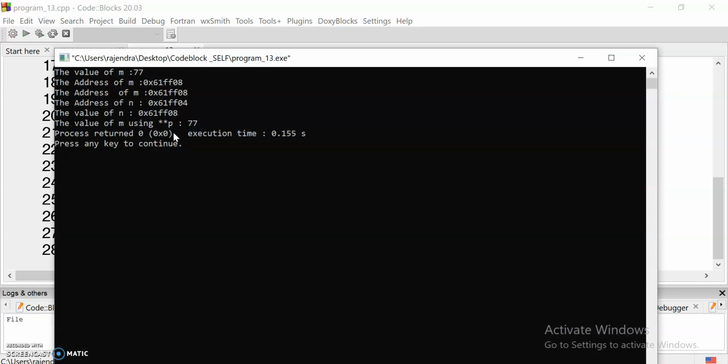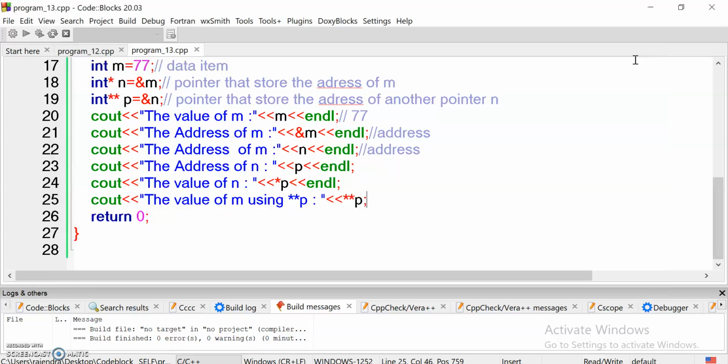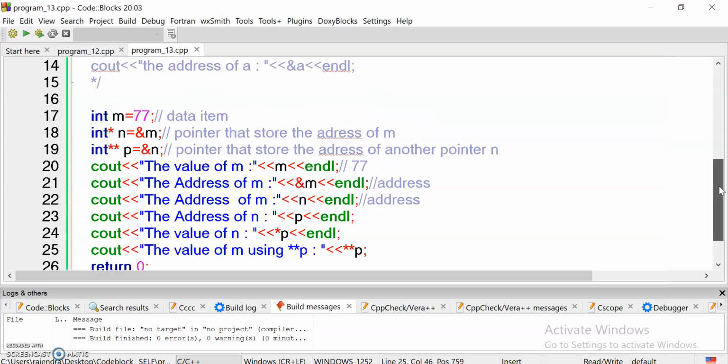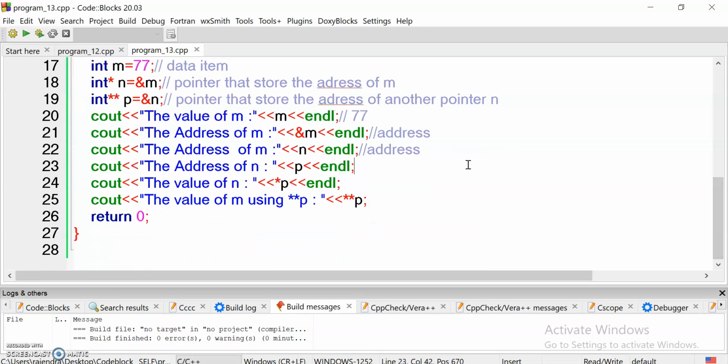The value of m is 77. See how we can access the element m by the pointer to pointer p. The address of m is this, that is also the value of n, and the value of n is accessible by this p, by simple p. So that is how a pointer to pointer works.